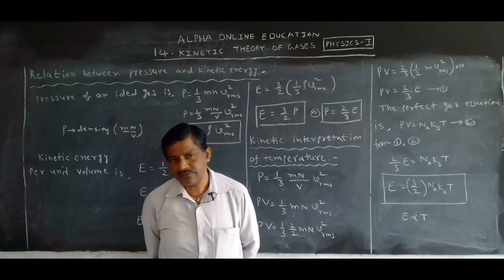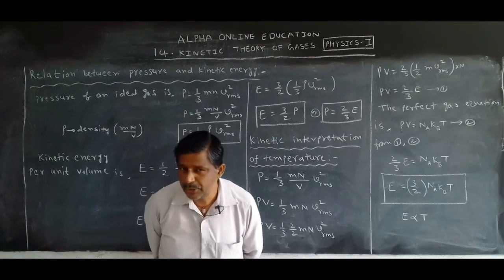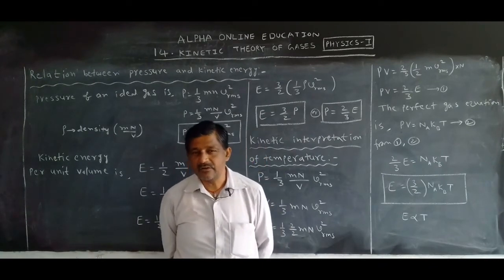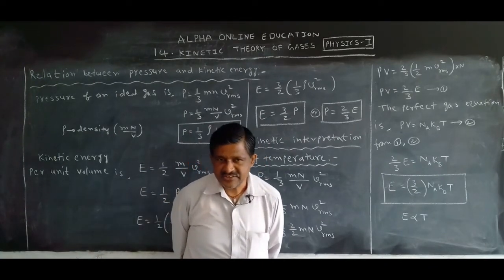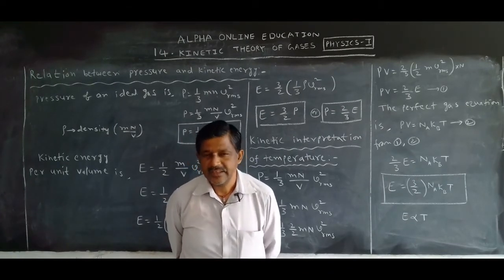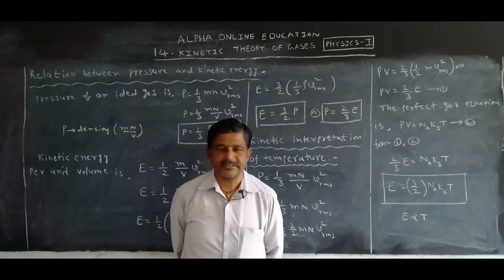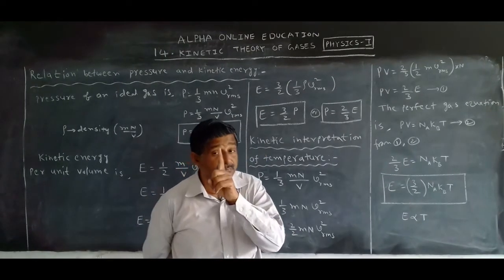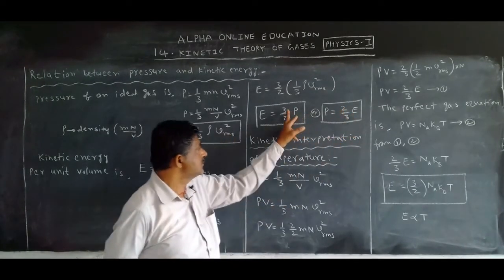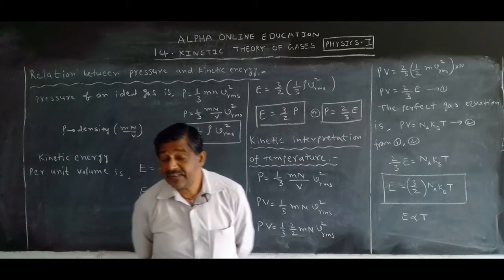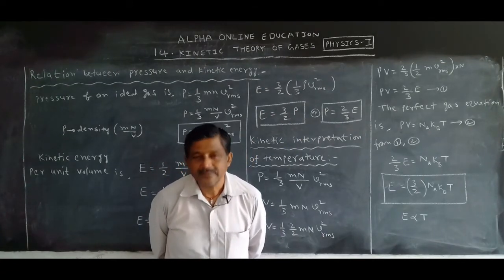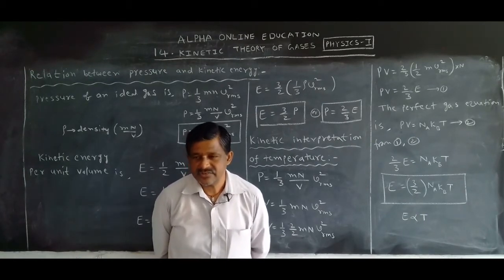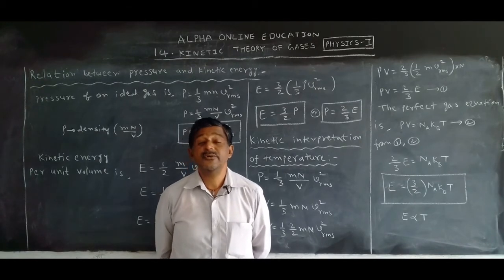We know the equation for kinetic energy, half mv square. Okay, this is correct for all particles, but for gas molecules we have one special equation. What is that equation? E is equal to 3 by 2 Na kB T. And not only that, the kinetic energy of a gas molecule also has another equation, per unit volume it is 3 by 2 P. But anyhow, the kinetic energy of gas molecules is proportional to the absolute temperature.